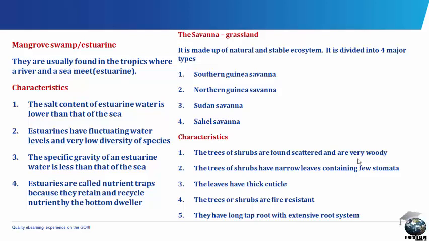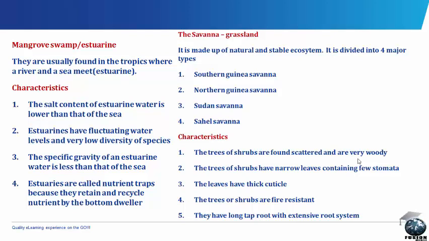Examples of plants and animals are iroko, mango, oil palm tree, mahogany, snakes, monkeys, baboon, gorillas, tigers, respectively. They are mostly found in the south, which include Lagos, Ondo, Ogun, Oyo, Cross River, Abia, Imo, Enugu, Anambra, and Rivers States. Rainfall is 150 centimeters and above. The characteristics include the following: